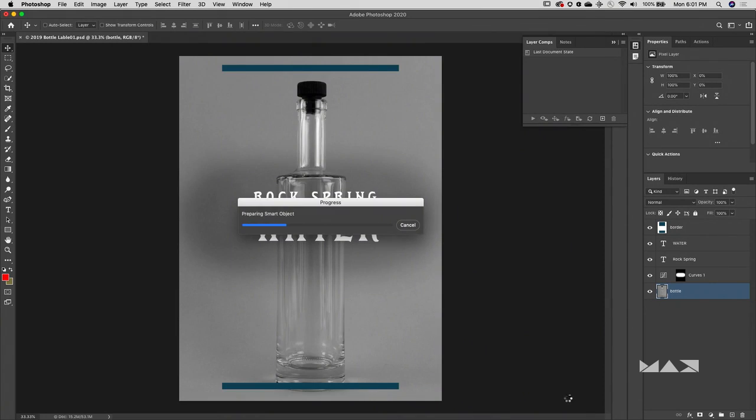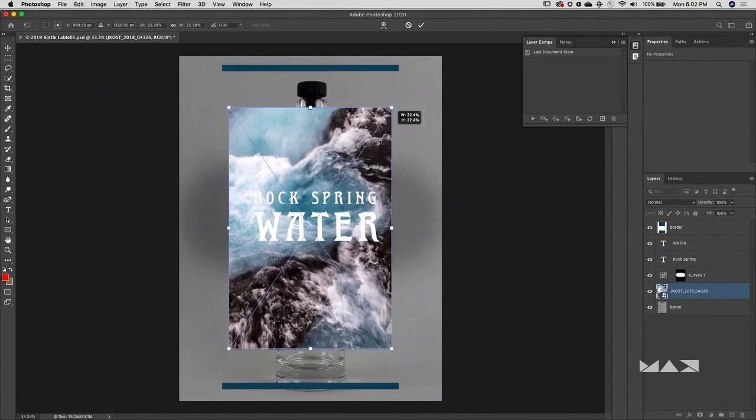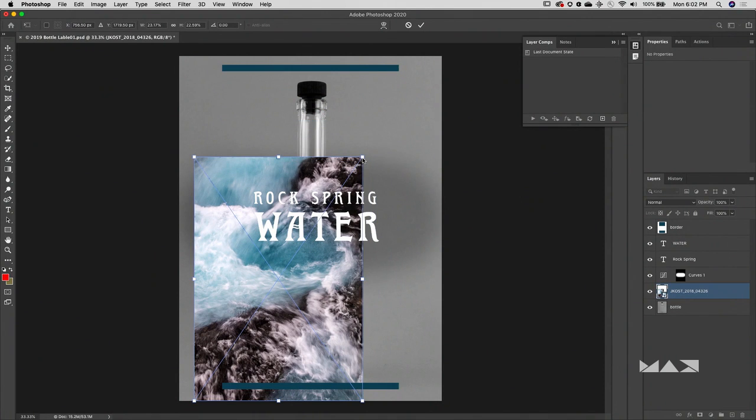I'm okay with those settings, so we'll go ahead and prepare that smart object, and that's basically doing the same thing as File, Place, but I didn't have to go find it anywhere. All right, and we know with a smart object that we can, of course, resize this as many times as we want to, and it doesn't lose any